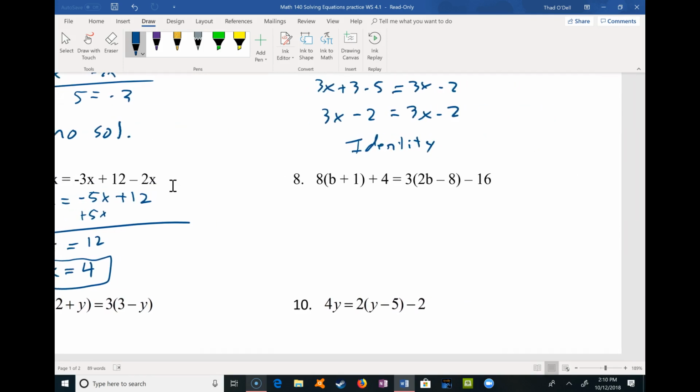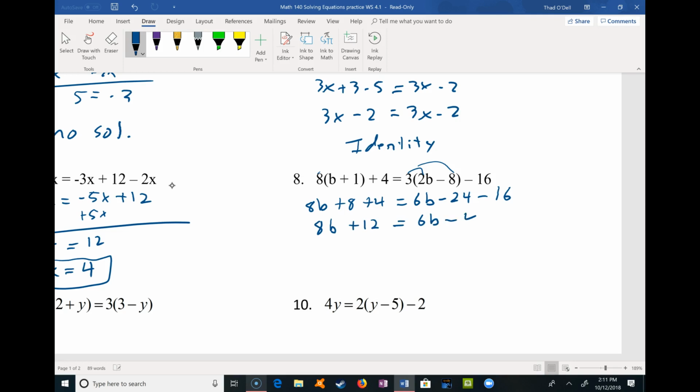Okay, over here, I'm going to distribute the 8 through, so 8 times b is 8b. 8 times 1 is positive 8, plus 4. On this side, I have 3 times 2b, which would be 6b. 3 times negative 8, which would be negative 24. And then minus 16. Notice I'm only multiplying the 3 by this and this, because that 16 is outside the parentheses, right? Okay, so then I have 8b plus 12 is equal to 6b